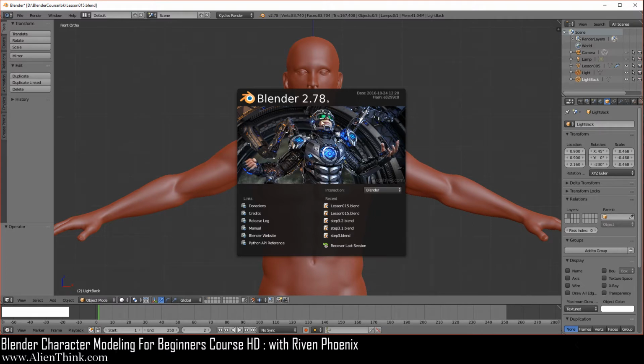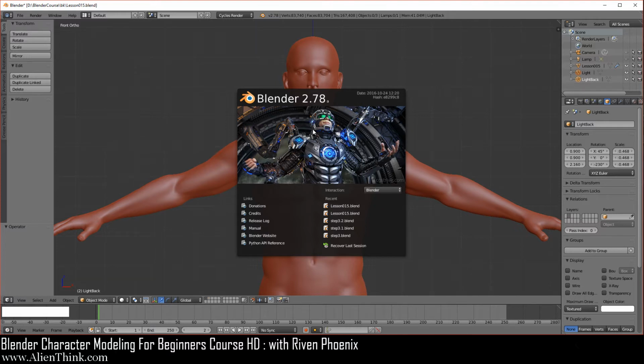Now, just as a side note, when Blender 2.8 comes out, significant changes are going to start to happen in Blender. Basically, they're going to change how the user interface works and how things over here are going to be reorganized. Especially this area over here, you can see these little buttons. These are your layers. These will no longer be here. They will be turned into collections and they will appear over here. So this is why I recommend you use the same version, so you can understand how Blender works.